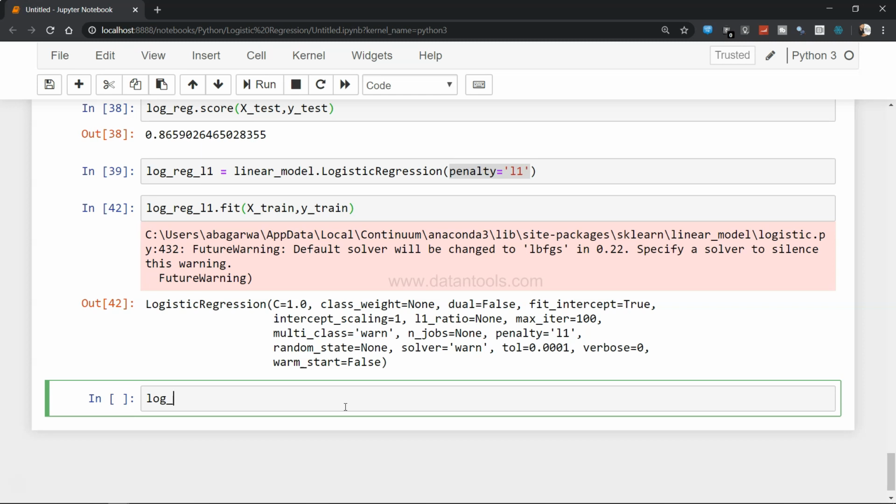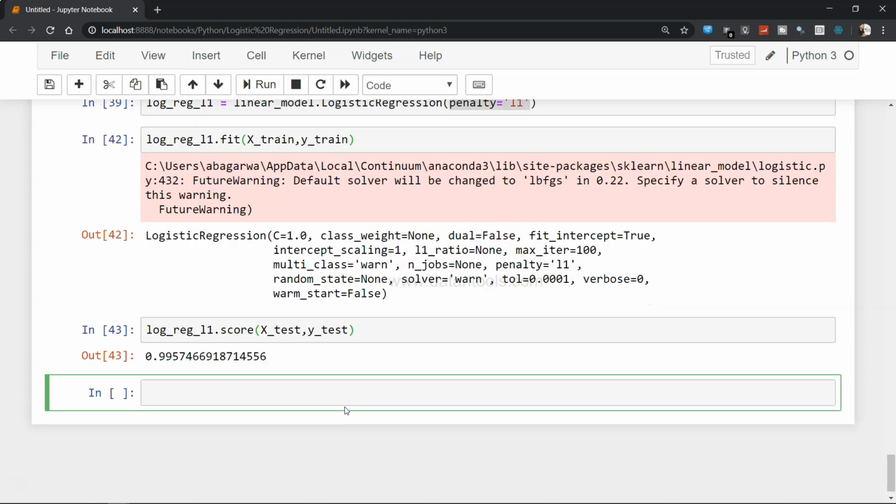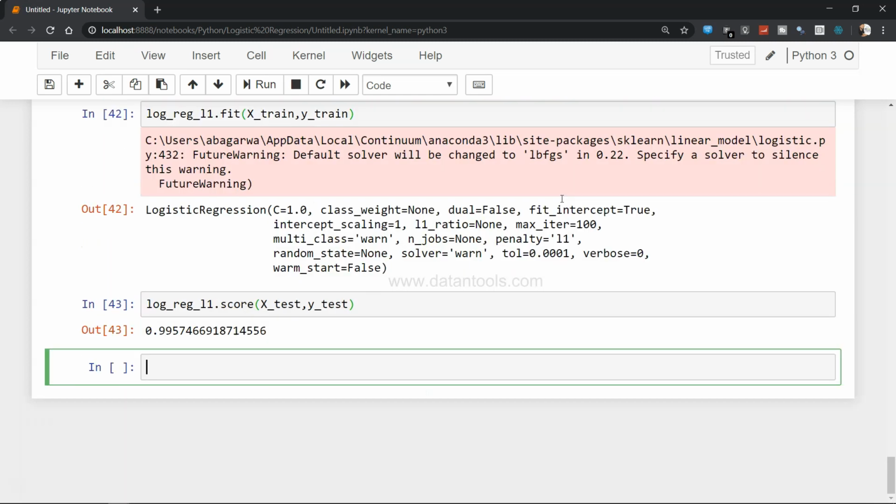So log_reg_L1 dot score, x_test, y_test. And now if you see, the accuracy has jumped to 99.5% just by changing the penalty from L2, which was the default, to L1.